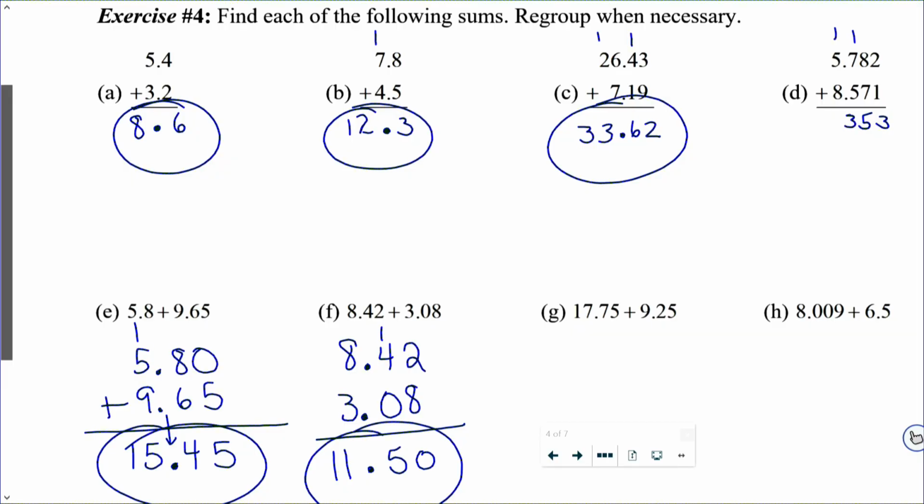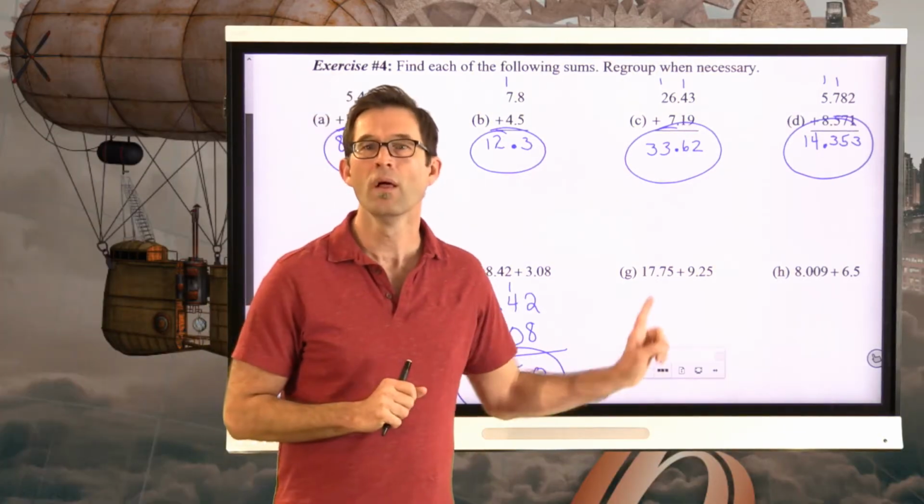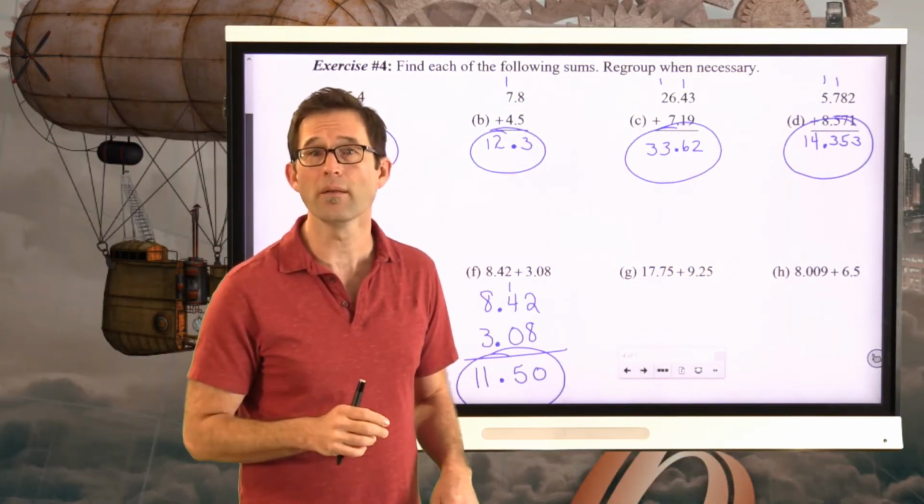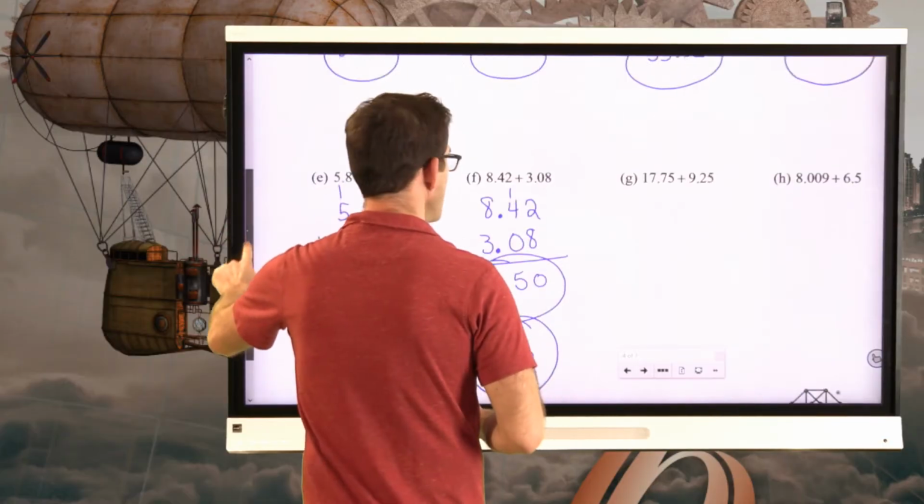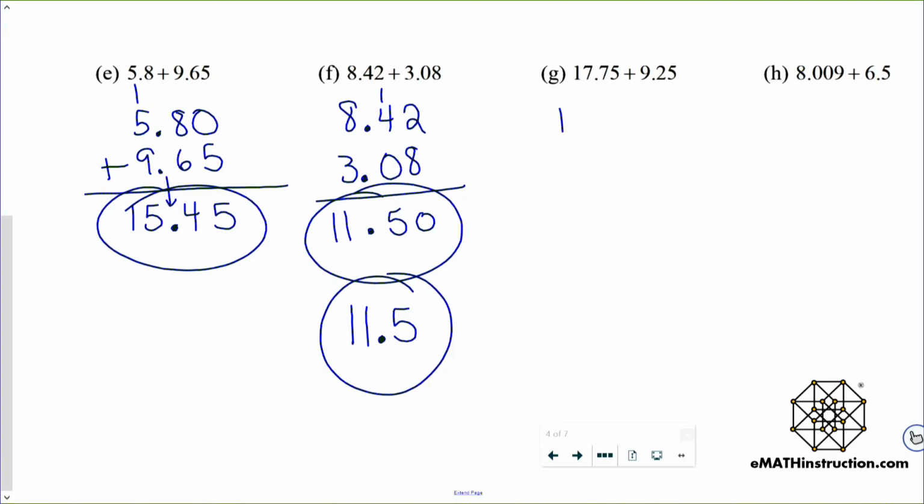5 and 1 is 6, plus 8 is 14, and our decimal place, 14.353. All right, let's do the 2 that we're probably going to want to rewrite before we actually do the arithmetic. Here we've got